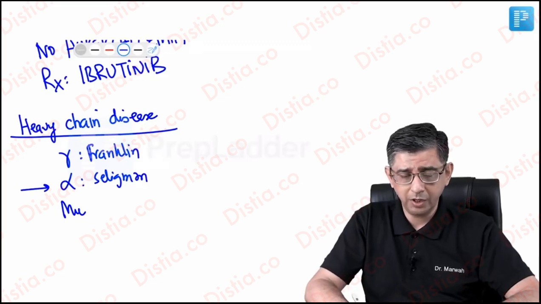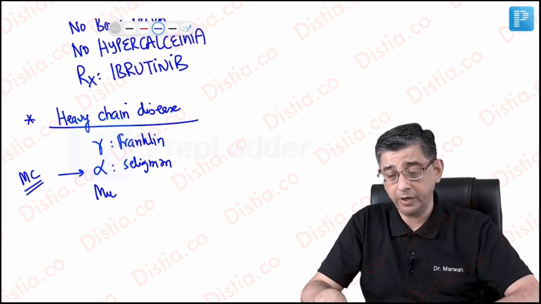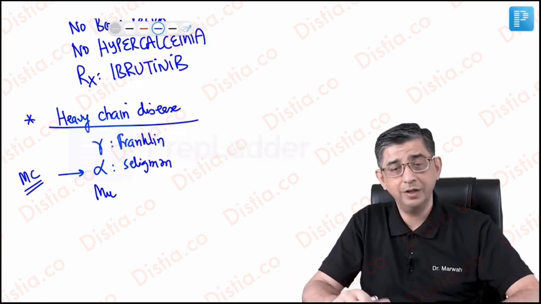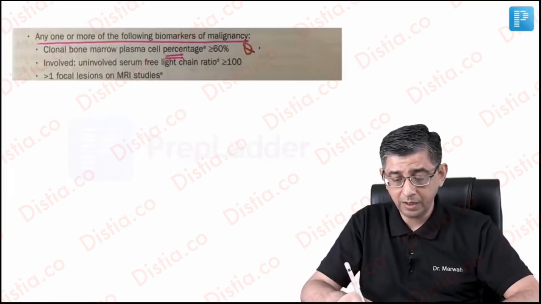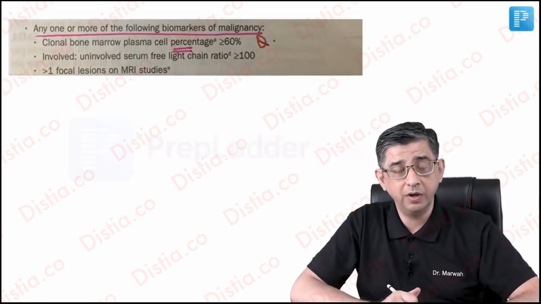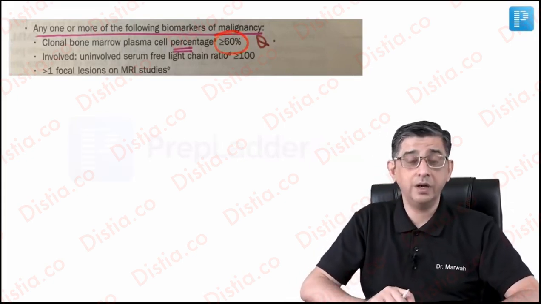So it's just the names that I would request you to remember, because the majority of the questions will just maybe incorporate details with respect to the overproductions of the heavy chain. So you need to get the names right for this. And last, I will show you a component of a table from Harrison where that percentage of 60% is described. Let's read this very carefully and slowly.